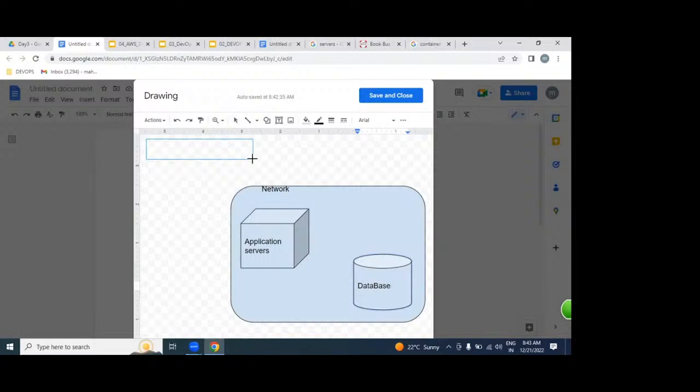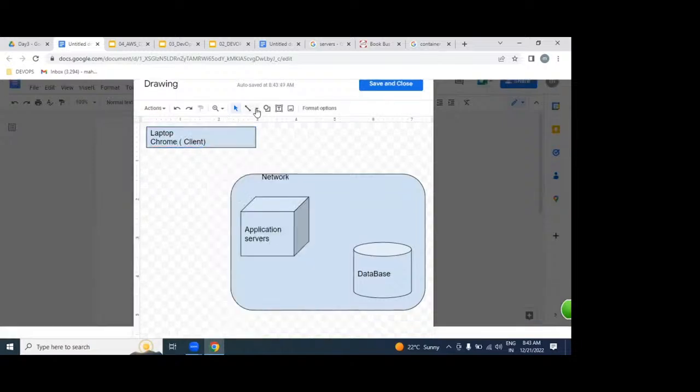Not the laptop only, but by using a browser. In the browser, we are going to use the Chrome browser. Am I right? The Chrome browser we call a client. Your laptop is not a client. Sorry, the Chrome browser is a client. So Chrome, Firefox, IE. How many clients are in your laptop? 3. So from these clients, we are going to send a request.